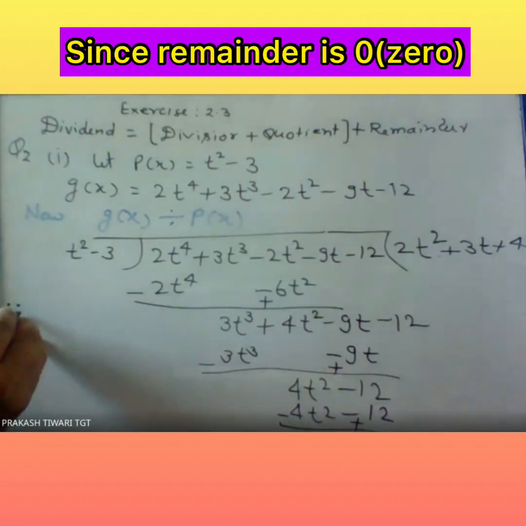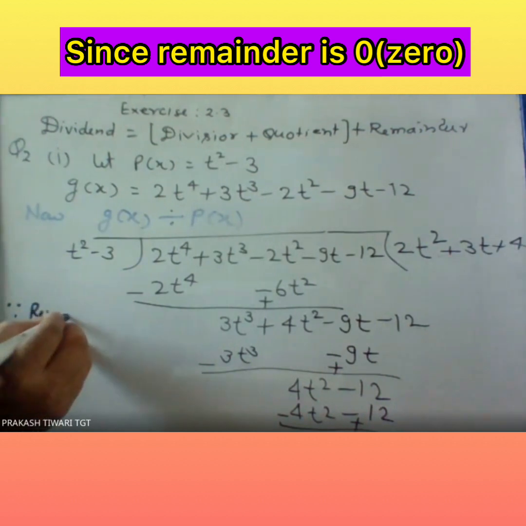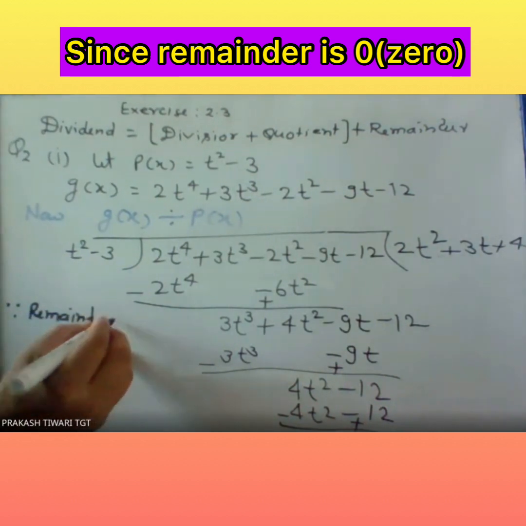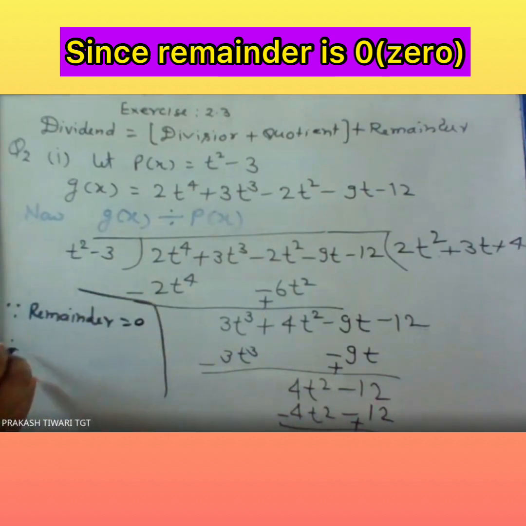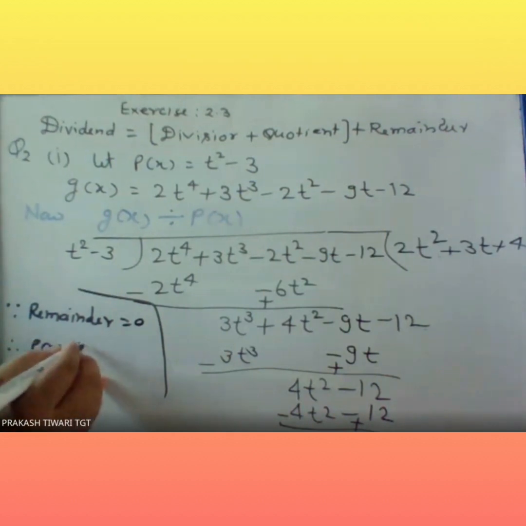So finally you will write here, since remainder equal to 0, therefore px is a factor of